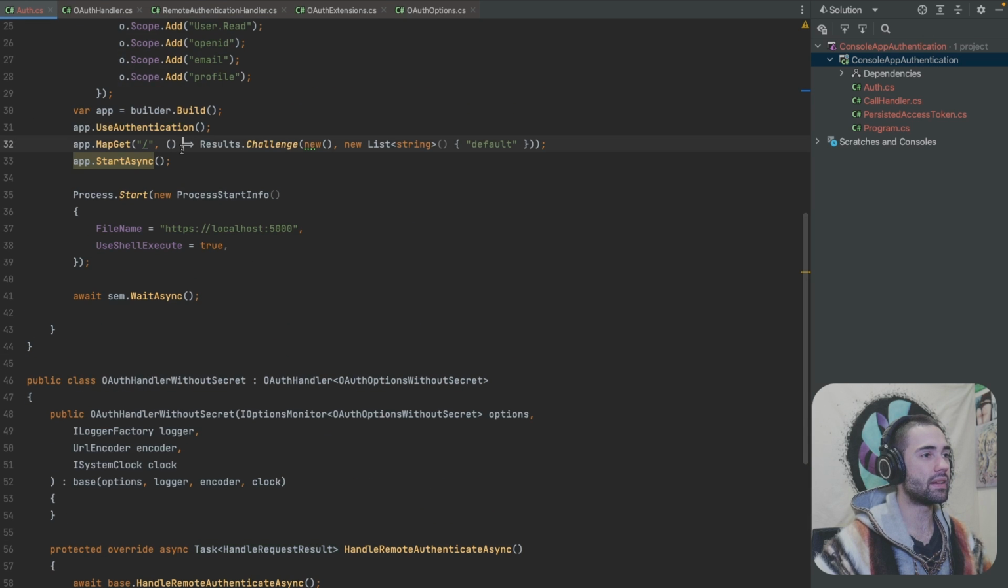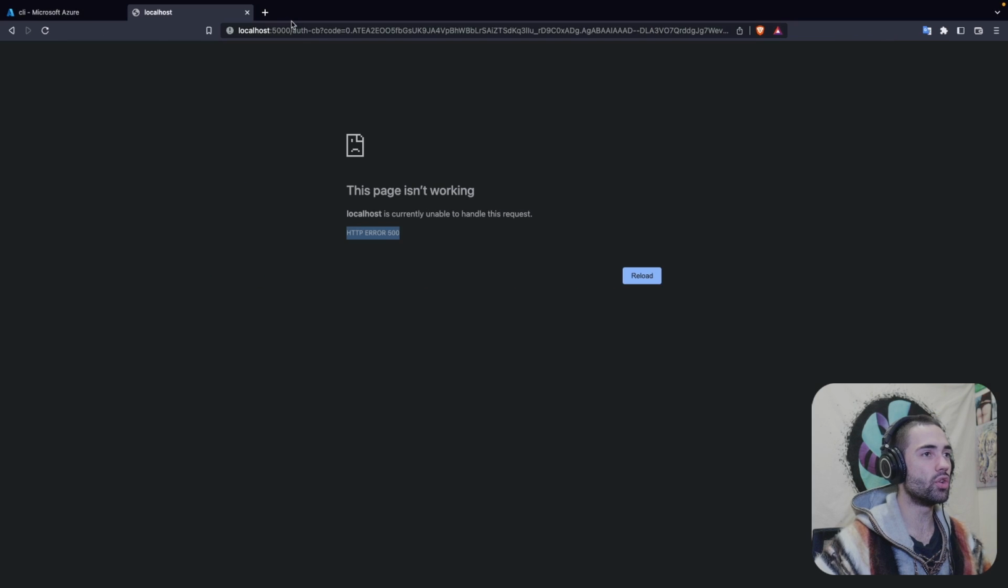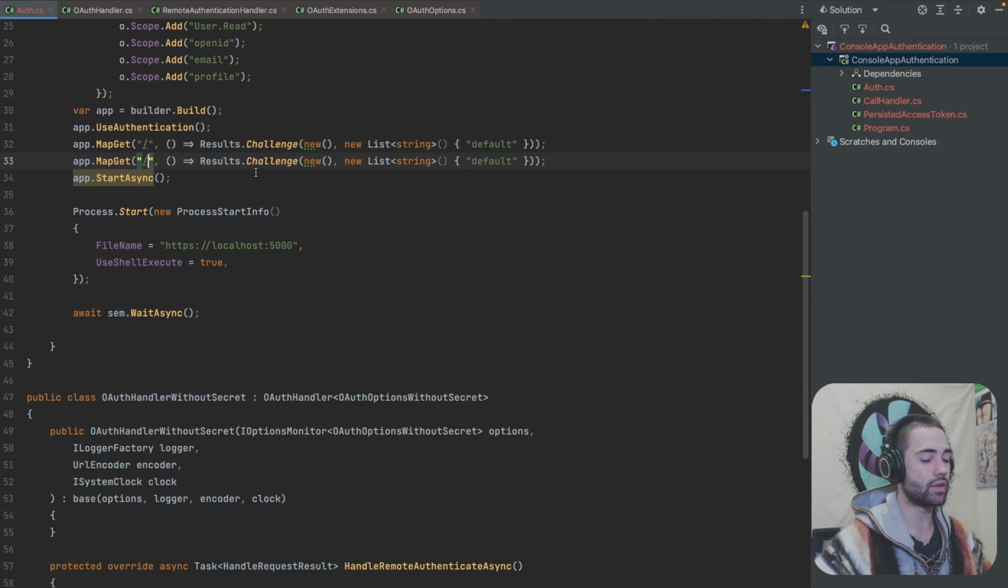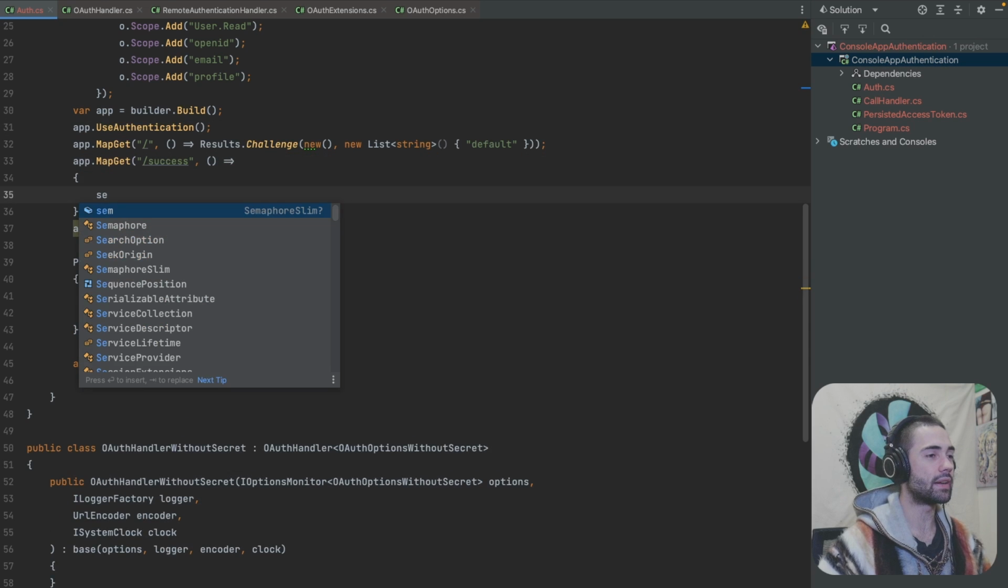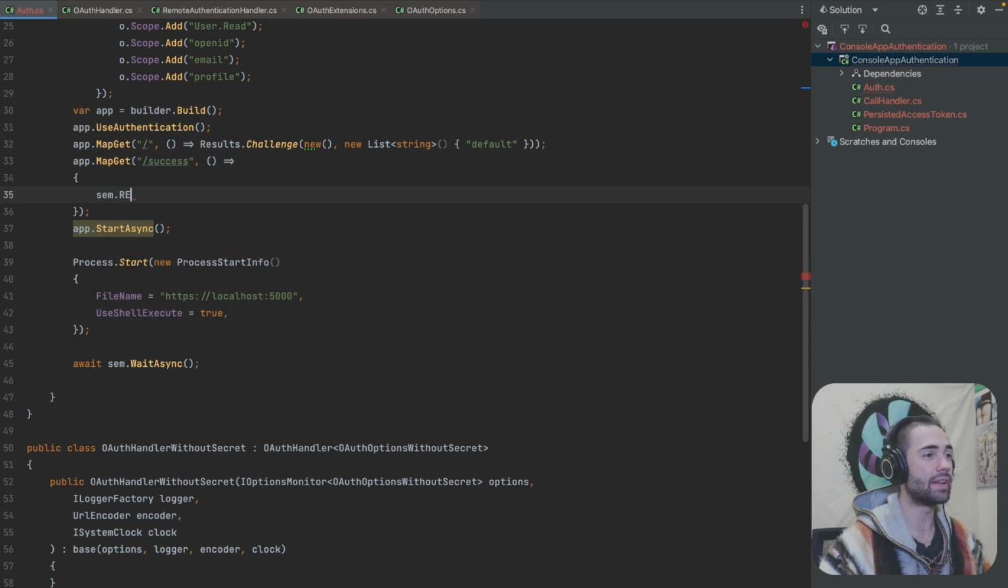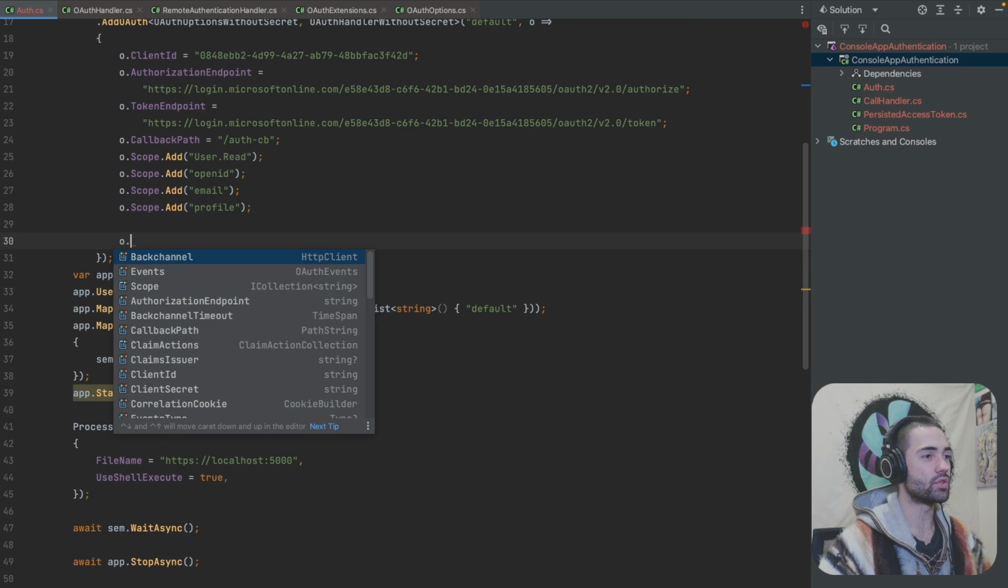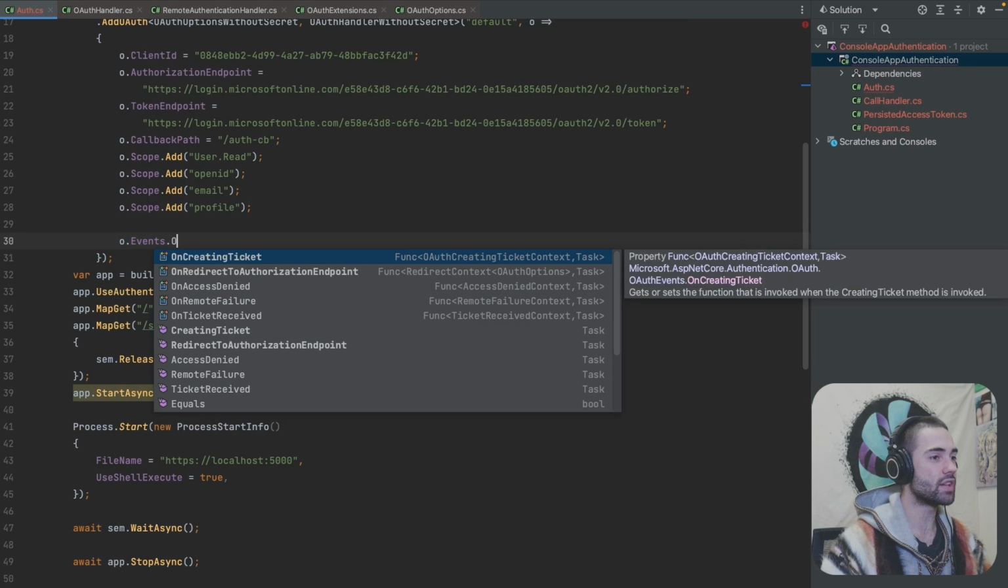Additionally, we can make sure that we're not leaving the browser on this URL. Let's go ahead and create success. Let's take the body of this, remove. We're going to ask for the semaphore, and once we land on success, we're going to release. And this is actually going to take the application and stop async, okay? We're going to finish the server here, and then we're going to go into options over here, events, and just like before